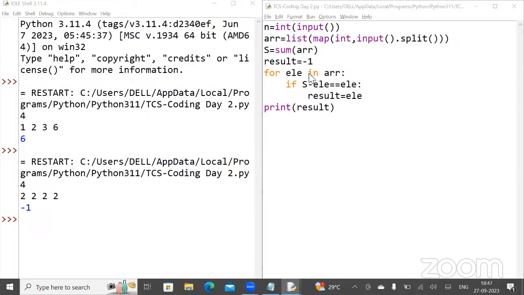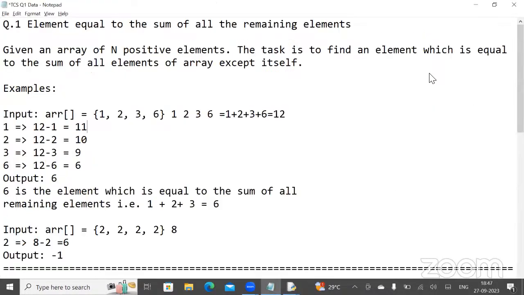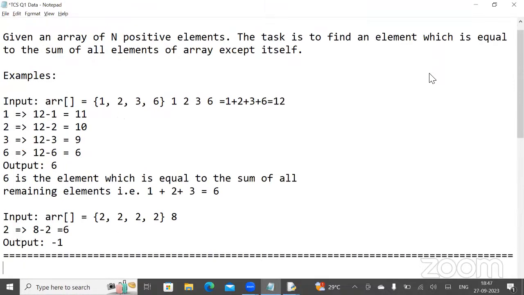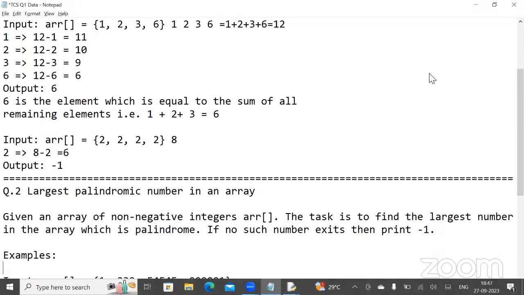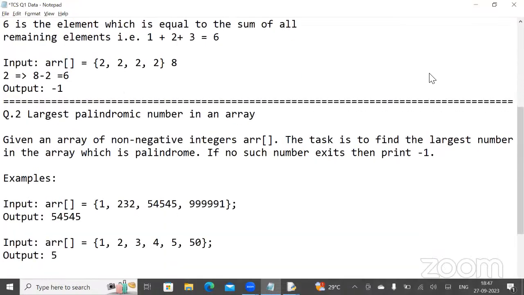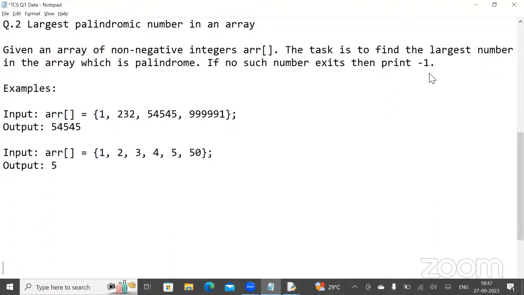Let us get back to the second question. Please read it properly. If you find any solution for this, you can either type it in a comment or unmute yourself and tell me the logic.